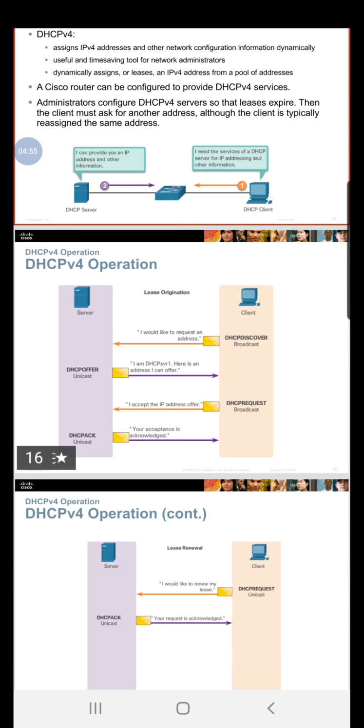Okay, now we'll see the operation behind this DHCP, that is, IP address assignment. See here in this diagram, it is describing how a request and